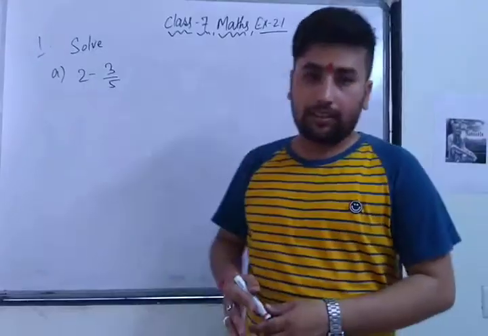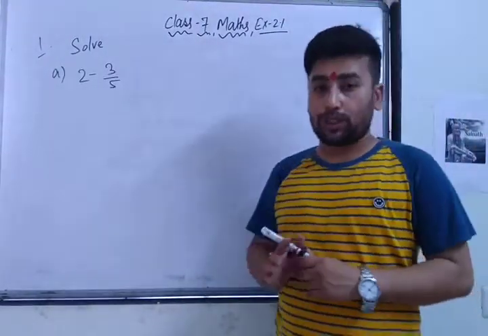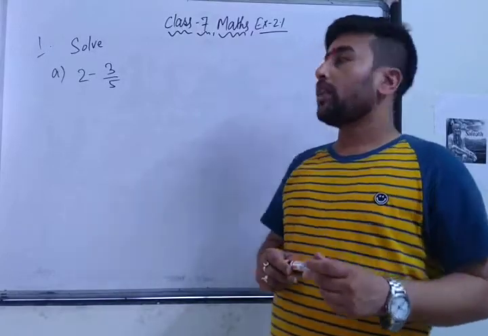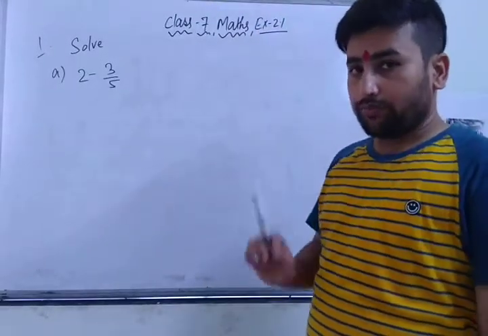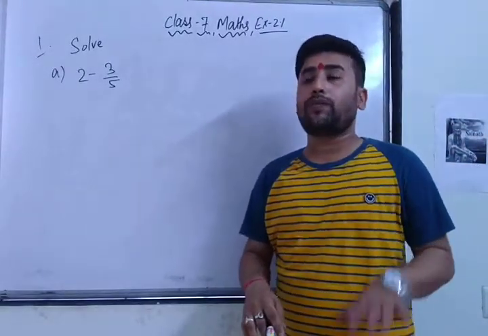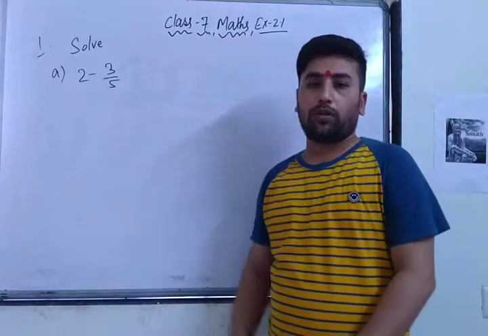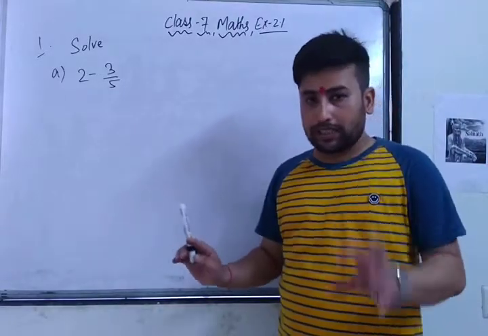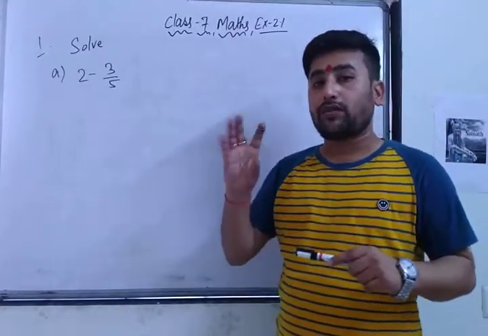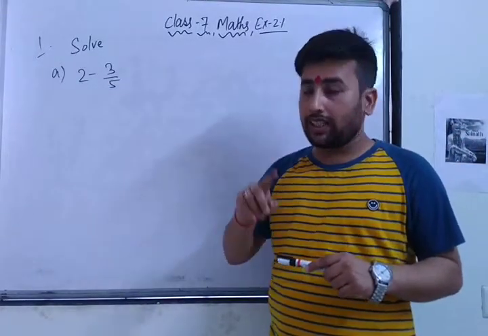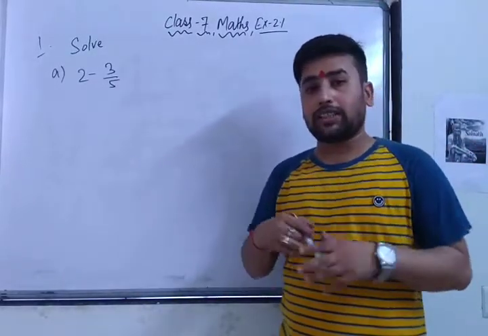2 apples are there. Just suppose, I am just giving you an example of how to understand the question. 2 apples are there. And out of the 2 apples, we have cut into 5 parts. And out of that, 3 parts I had given to an animal. So this is the question. Both the apples I have cut into how many parts? 5 parts. Denominator is 5, right? And 3 parts I have given to an animal. Now the question is how many parts are remaining with me?